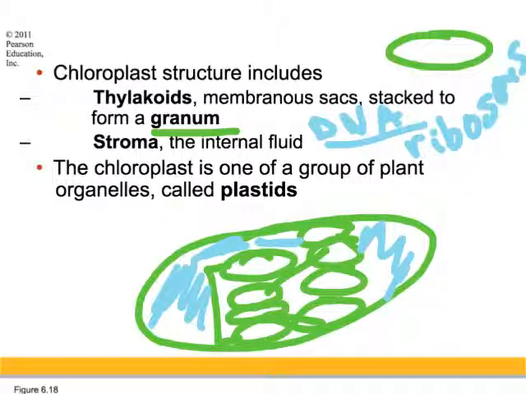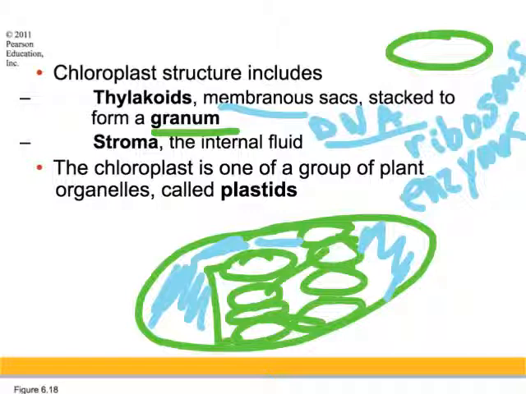I'm trying to spell ribosomes there, it's hard to see. As well as lots of different enzymes. Okay. So we also have an intermembrane space with our chloroplast. We have the thylakoid space, we have the stroma,